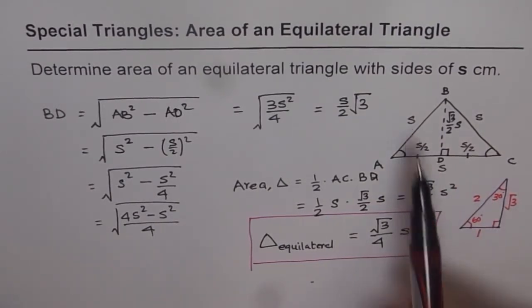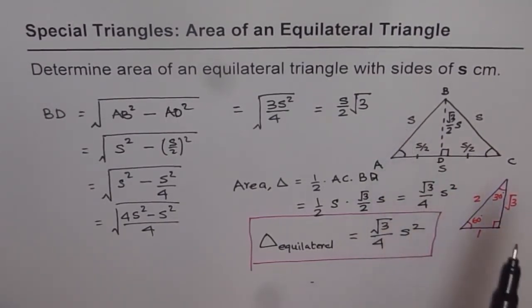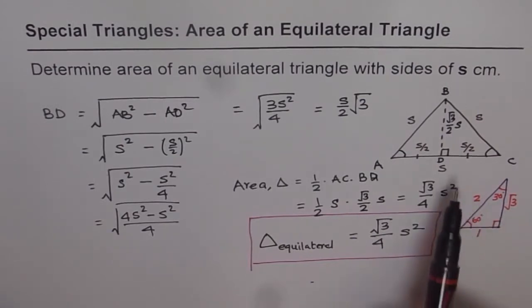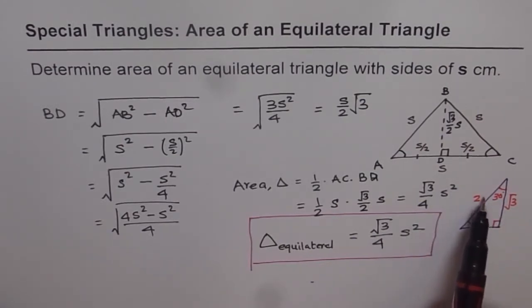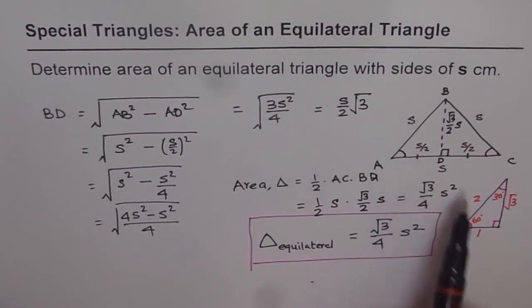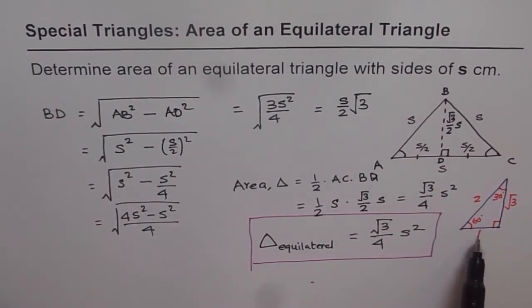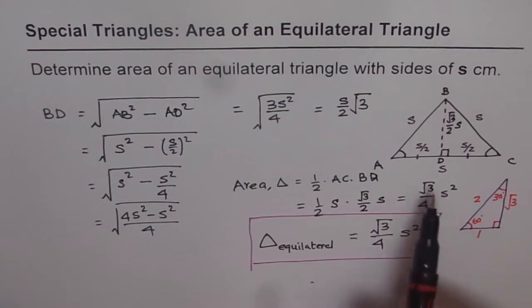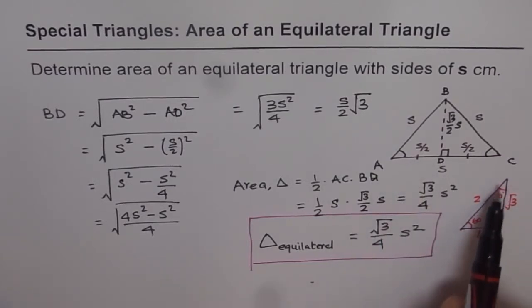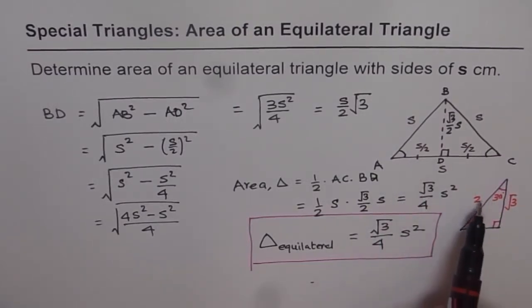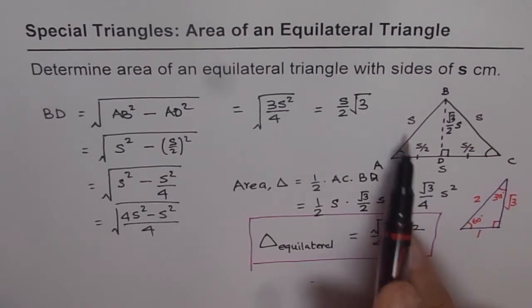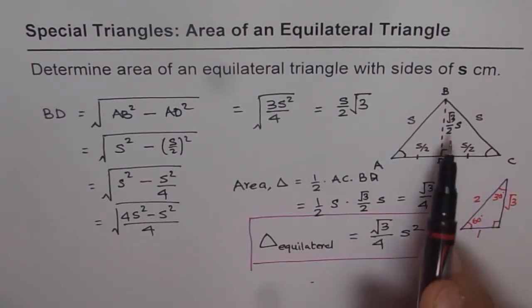As you can see here, the side is s. If I multiply each by half of s, I get the corresponding sides. Do you see that? So these two are proportional triangles since they have the same angles. Now if I multiply 1 by half of s, I get this. Hypotenuse 2 times half of s will give me s, and square root 3 over 2 of s gets